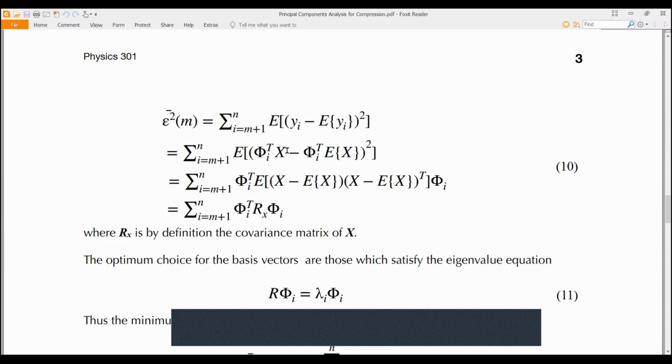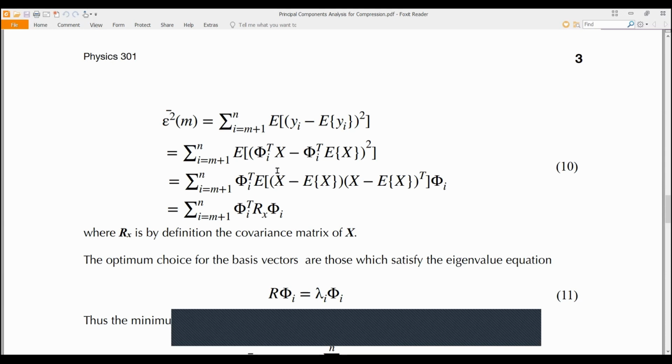Tapos you're left with quantity x minus expectation of x squared. So in matrix operation, it's the same as you take x minus expectation of x, and then multiply that by the transpose of the same x minus expectation of x. So that's how you take the square of this